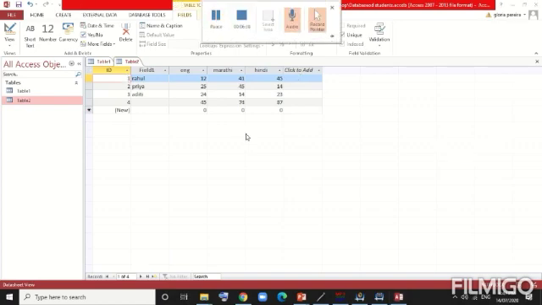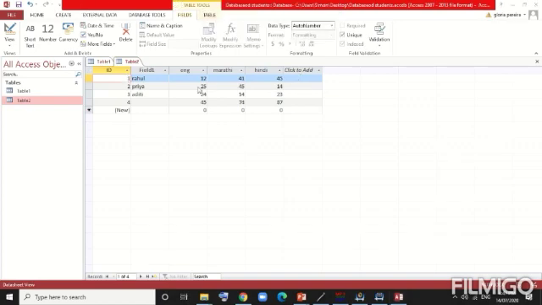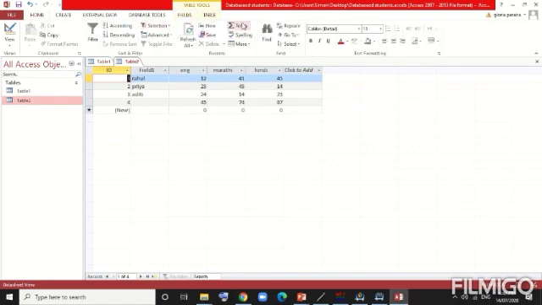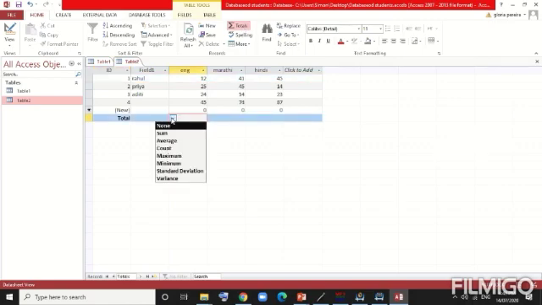Now for calculation, I might use a query for calculations like adding, that is sum, average, or other calculations also. But if I have to do the total, I can just go to the home tab, and in this I have the option called totals. So the total will be added over here. I can say I want the total sum of this, or I want the average of this.